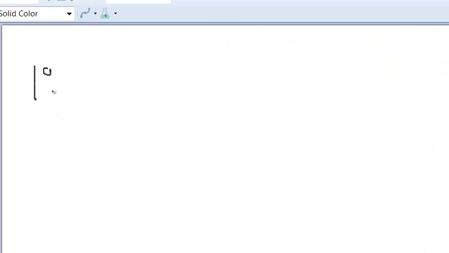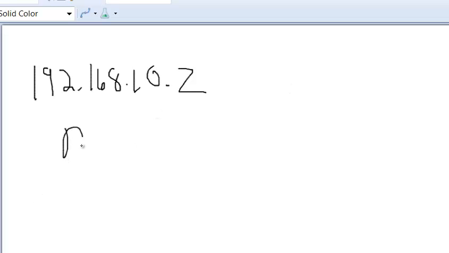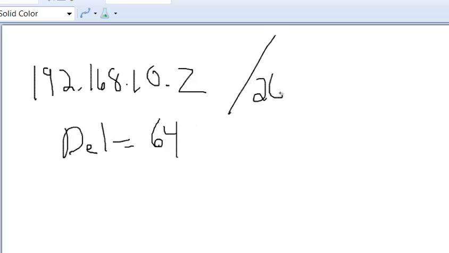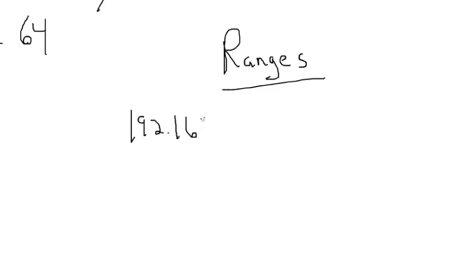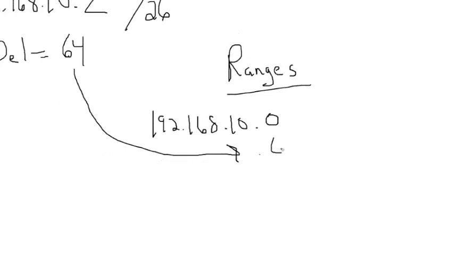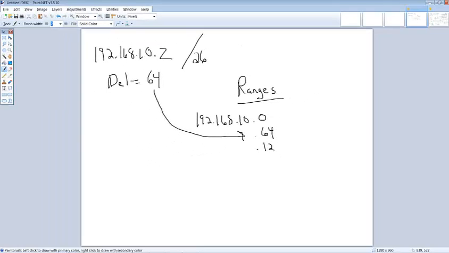So we're given a 192.168.10.x, and we determined that the delimiter was equal to 64 with a /26. The ranges are the easy part. We simply take our IP address, 192.168.10 dot and start at 0, and all we do is we keep adding the delimiter to itself. So 10.64, 10.128, 10.192,